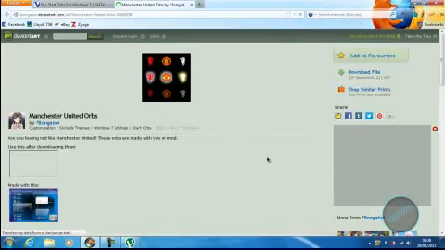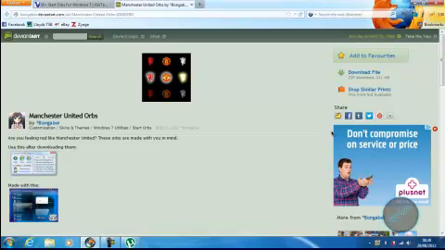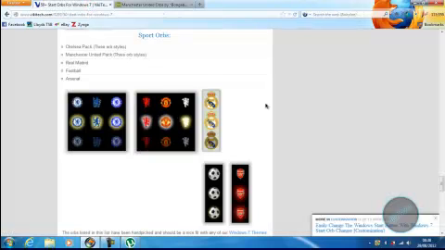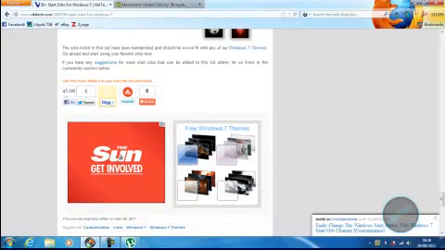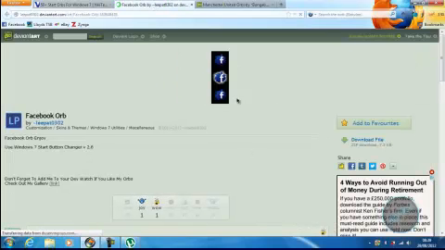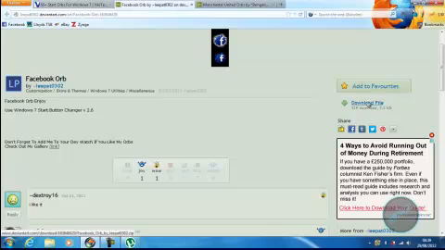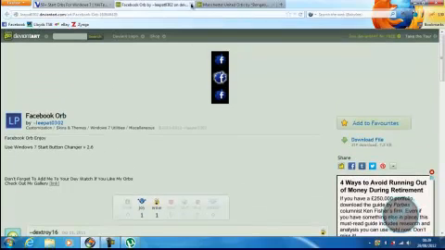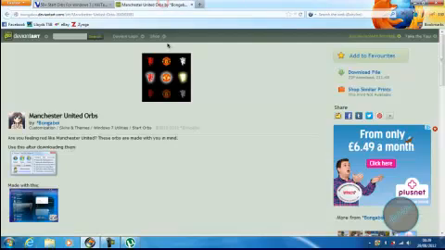Now obviously you don't need to choose the same pack as me, because you might not be a football fan or you might not be a Man U fan. It's entirely up to yourself which one you want to choose. From this list here, you can just click on any of the orbs that you wish to choose. All you need to do is highlight over one of the orbs. If you like the Facebook orb, you just click on that, a new website opens, and all you would do is click on download file. So I'm going to go back to my original choice, which was the Manchester United orbs, and all I'm going to do now is click on download file,